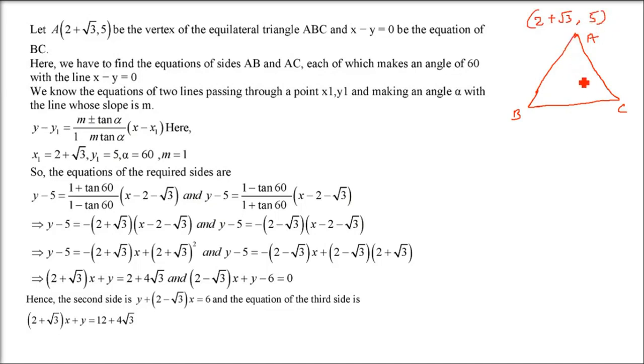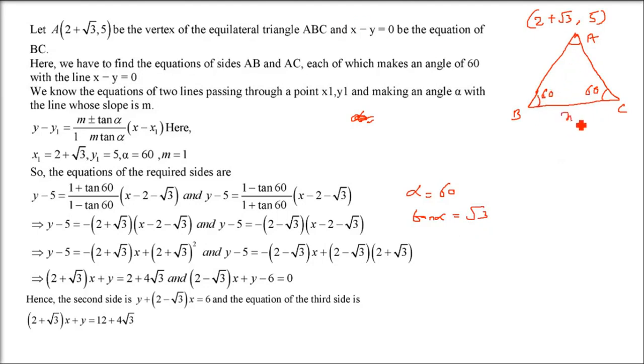So these are the points, and along with this we have two lines passing through these points, and it is making equal angle with the third line, because all the internal angles of an equilateral triangle are 60 degrees. So alpha is 60 degrees. So what will be tan alpha? Tan alpha will be tan 60. What is tan 60? Root 3. Tan alpha is root 3.